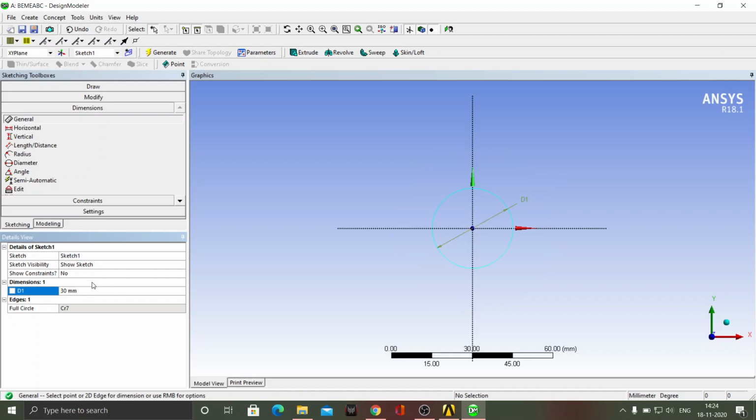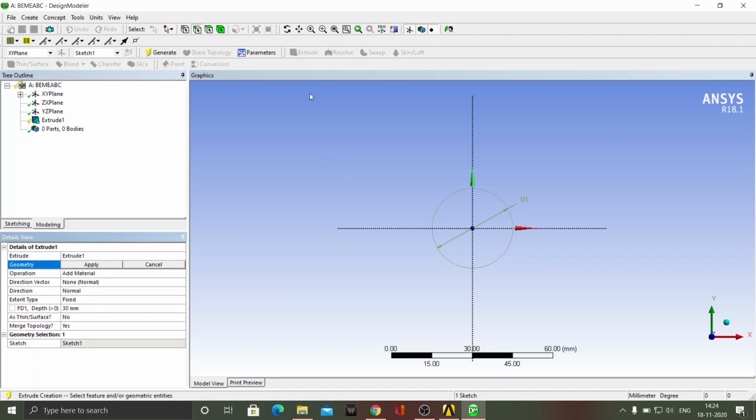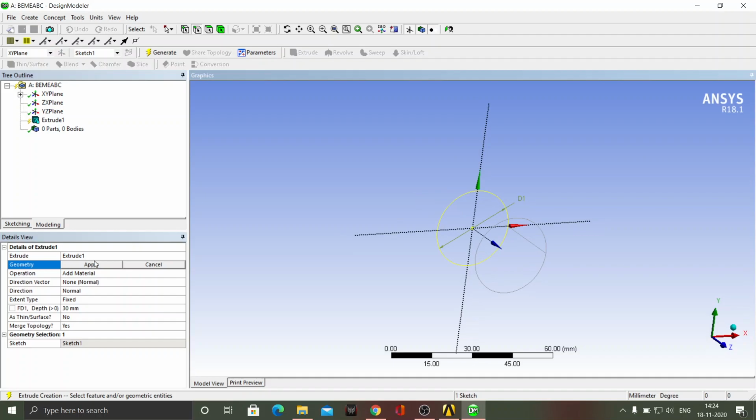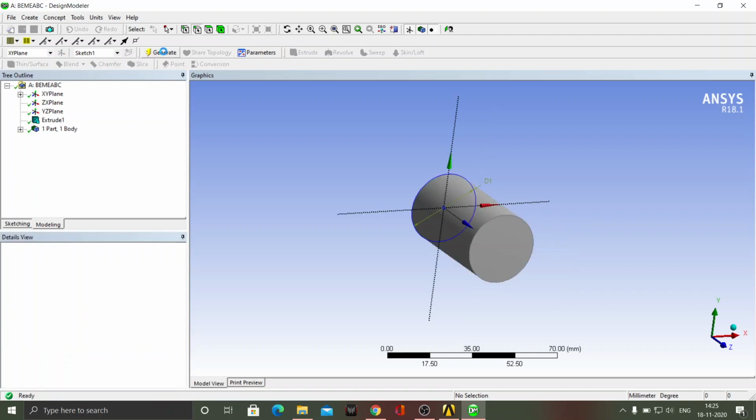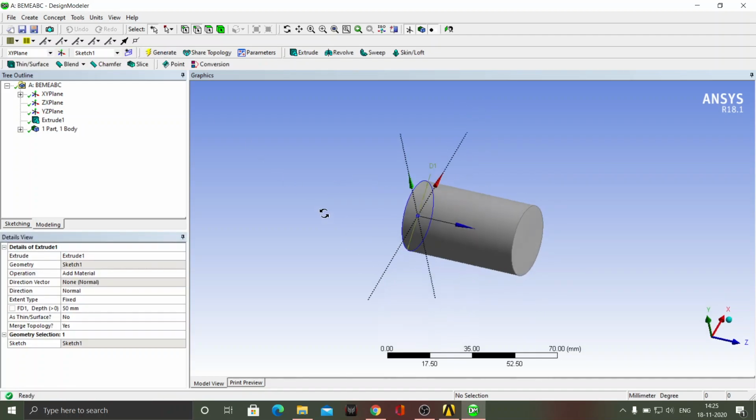So we have created a circle having diameter equal to 30 mm. Then we will extrude it. So we will click on this extrude, and then we will select the geometry. The geometry is already selected, as you can see. We will click apply, and then here the extrusion length we want to be equal to 50 mm. So we will enter a value 50, and then we will ask it to generate. So it will generate that particular node.